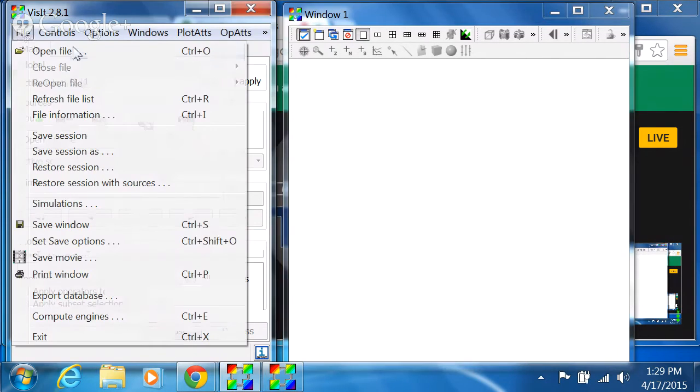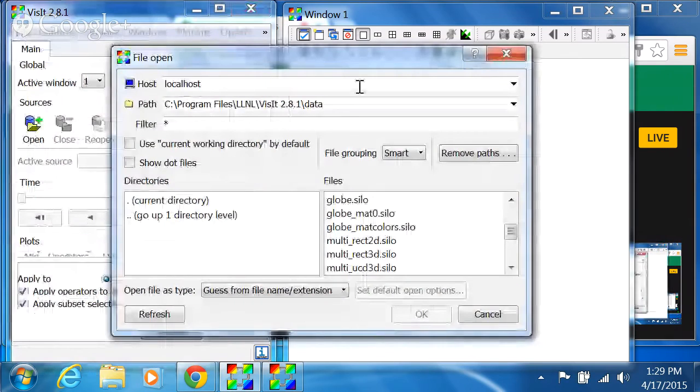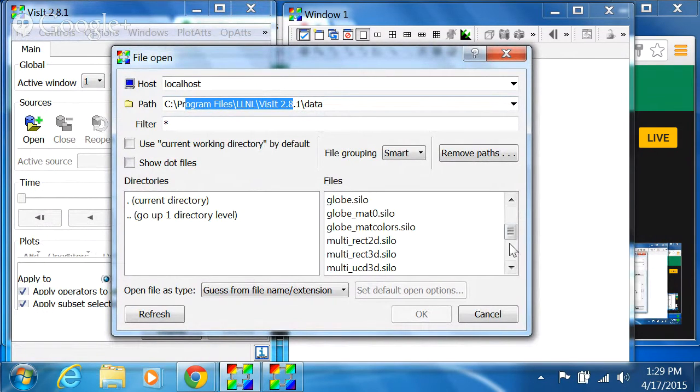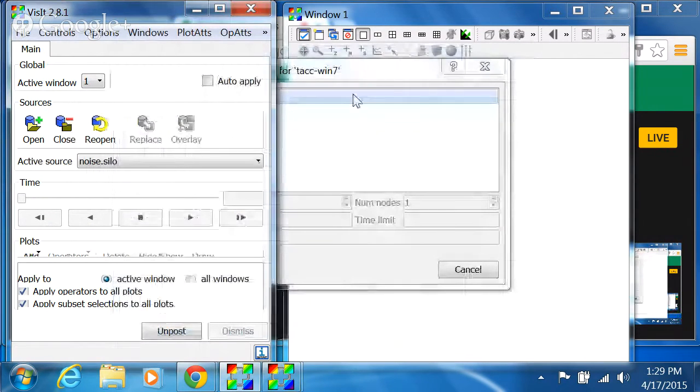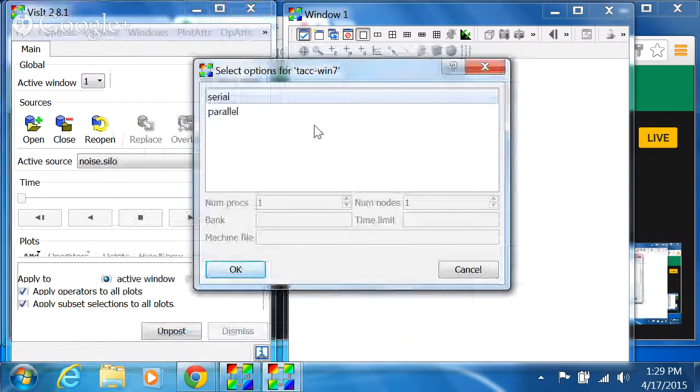If you do a file open, when you install VisIt, it's going to put it here. This is on Windows, by the way, because I don't think they have a binary for 10.10 on the Mac, and I don't have Linux installed. So if you scroll down to Silo and click OK, and then